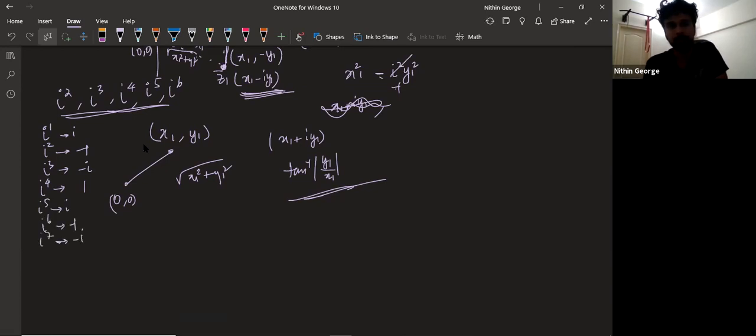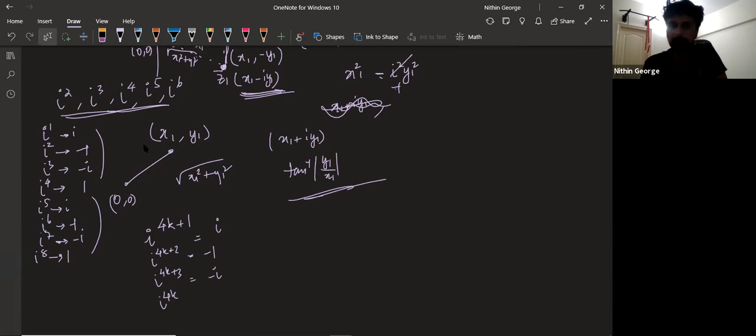All right. So this is what happens. i raised to 8 becomes 1 again. And this cycle keeps repeating. So here you can see that it happens with a multiple of 4. The idea you said about a multiple of 4 is like this. If I write 4k plus 1, i raised to 4k plus 1, where k is an integer, you have i. i raised to 4k plus 2, where k is an integer, you have minus 1. i raised to 4k plus 3, where k is an integer, is minus i, and i power 4k plus 4, or i power 4k, is 1. So remember this. This is very useful.